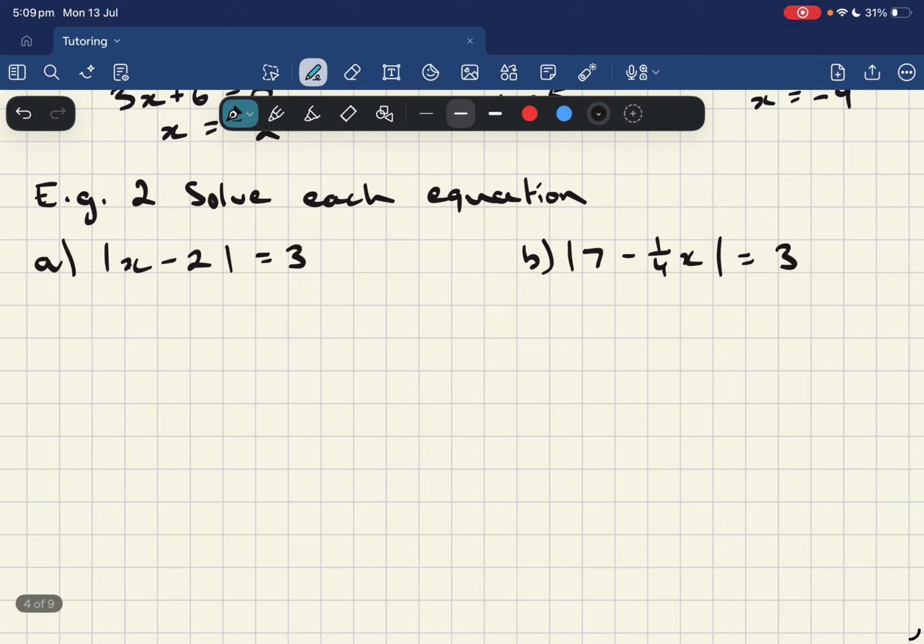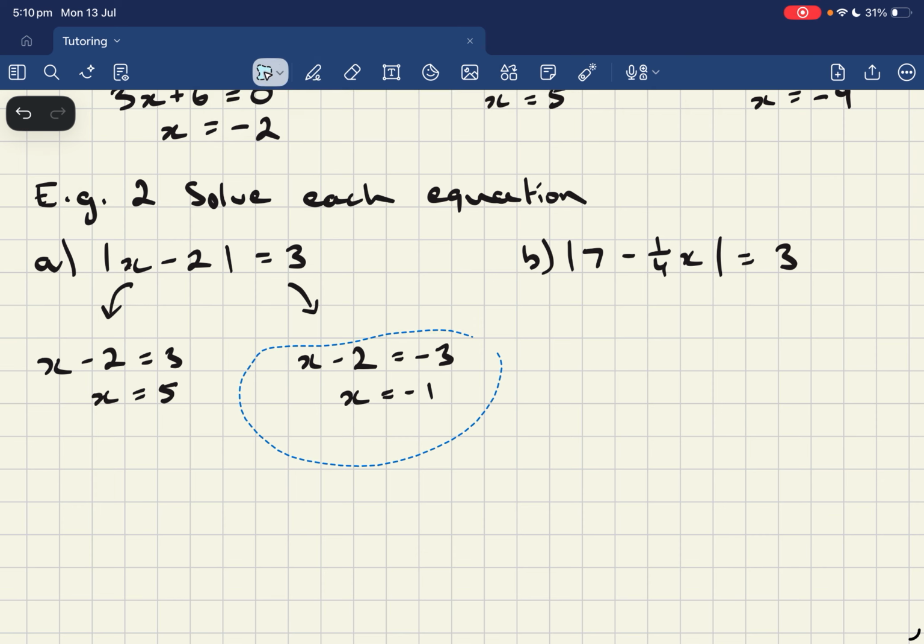Just a couple more to practice. Now, first one says the absolute value of x minus 2 equals 3. We're going to set up our two smaller equations here. So our first one is the positive case, x minus 2 equals positive 3, and then x minus 2 equals negative 3. So these are just simple one-step equations. Our first solution is x equals 5. Our next solution is x equals minus 1. Now you can pause the video and confirm that these are correct, but these are going to be our two solutions, and you're going to see that when you substitute them back into